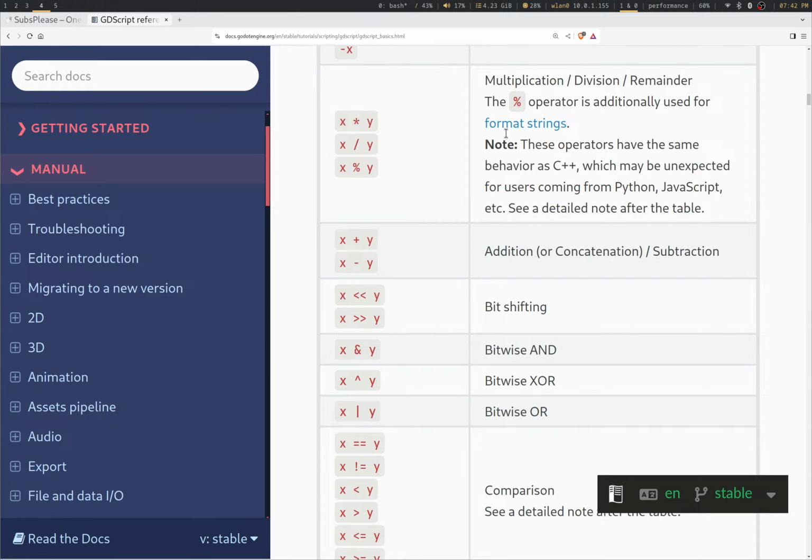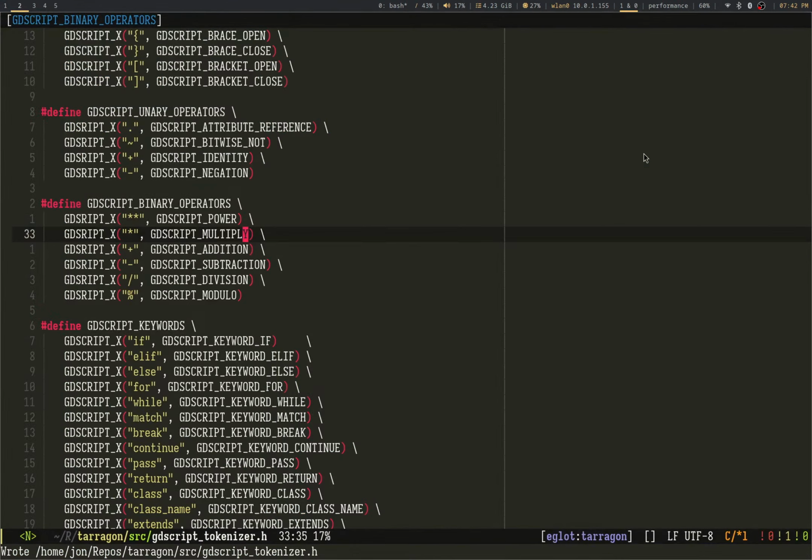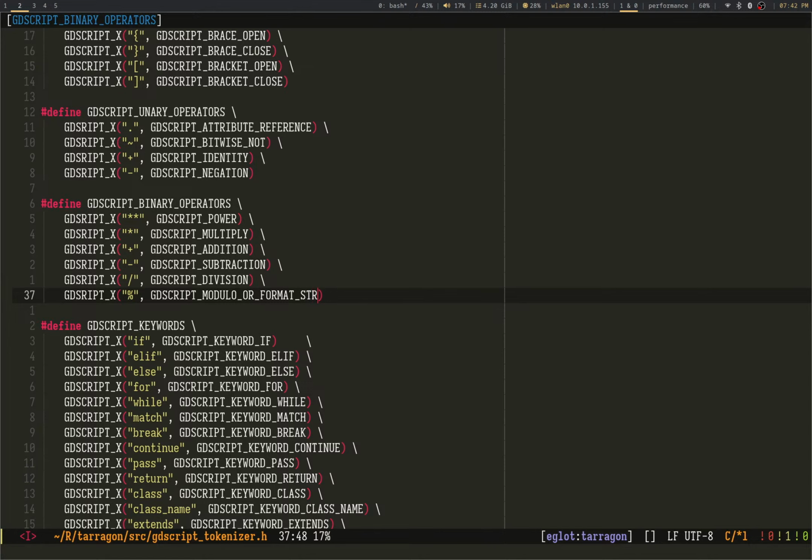You get all used for format string or format string. You know, these could have been functions. They did not have to be operators. They could have been functions. I'm just saying.